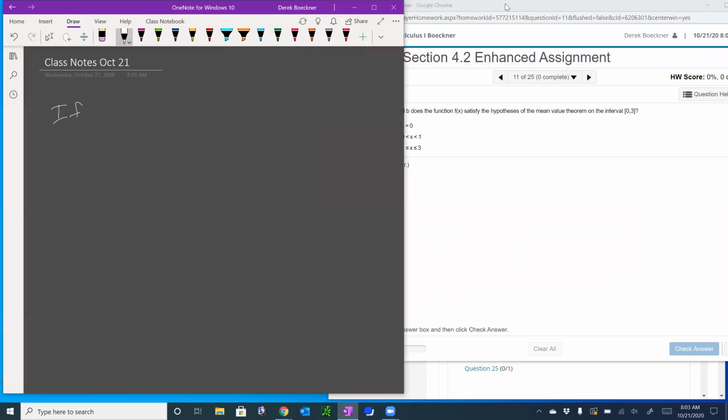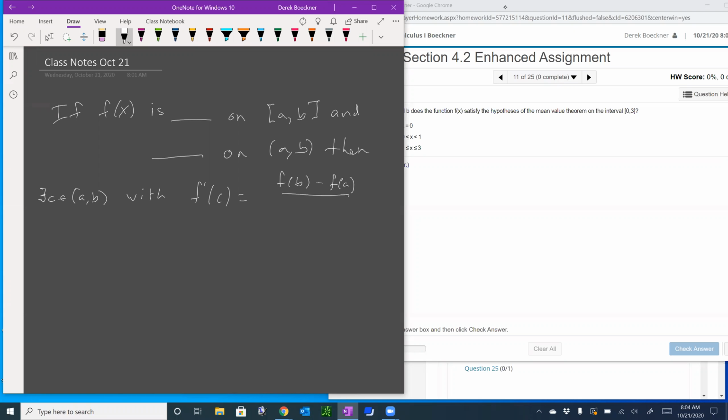So if f of x is blank on [A, B] and blank on (A, B), then there exists C in (A, B) with f prime at C equal to f of B minus f of A over B minus A. What goes in the blanks? Yep, continuous